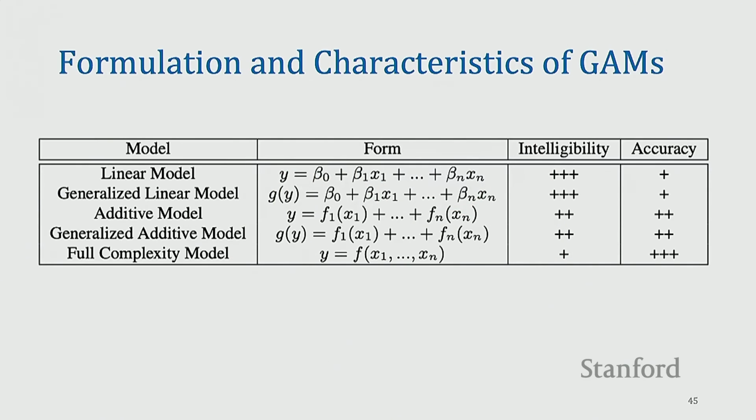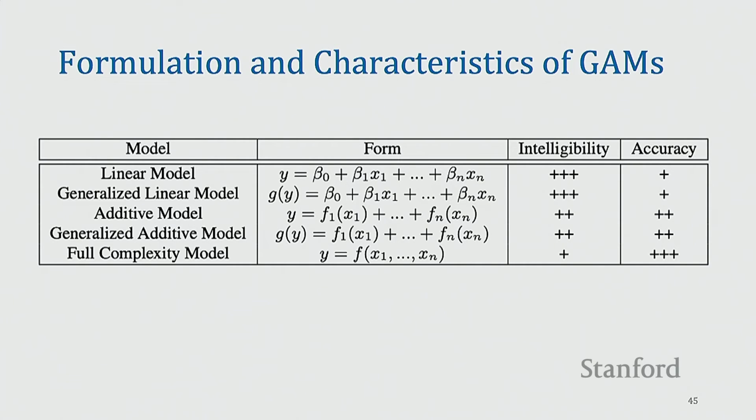So just to show you a precise mathematical form of this, the first row here is essentially like a linear regression model, right? So your y is basically a linear combination of different features that you have. And then we go one step up to a generalized linear model, where you can take a function of y and then model it as a linear combination of different input features, right? Then we can think of an additive model where your y will just be an additive combination, but of different functions of the input variables, right?